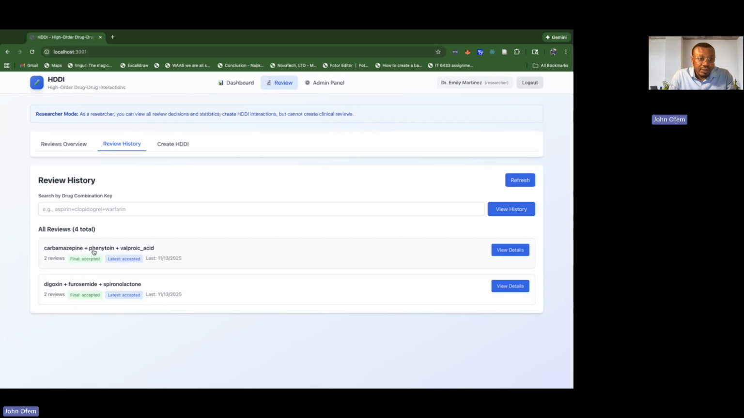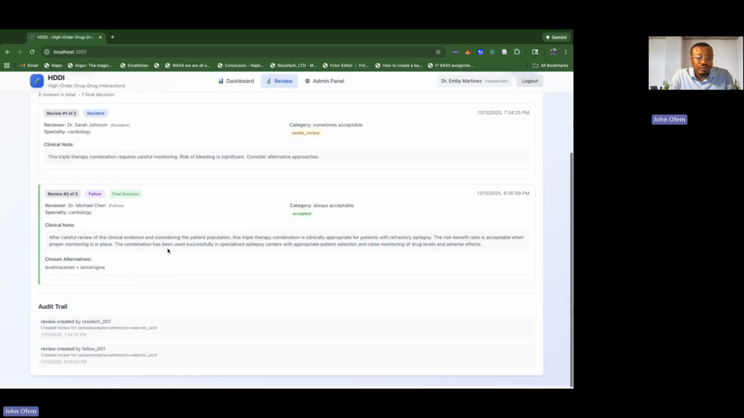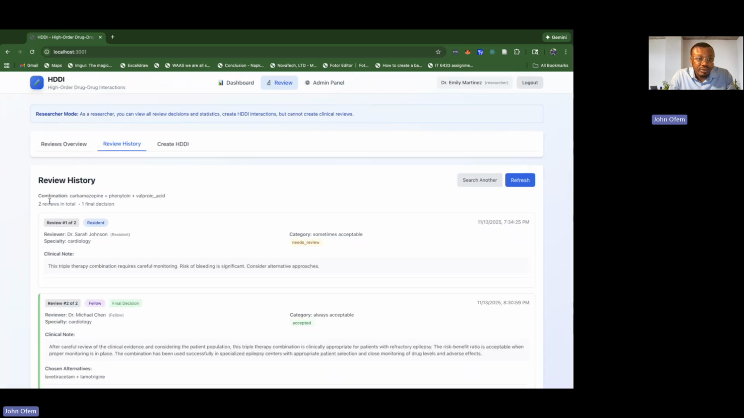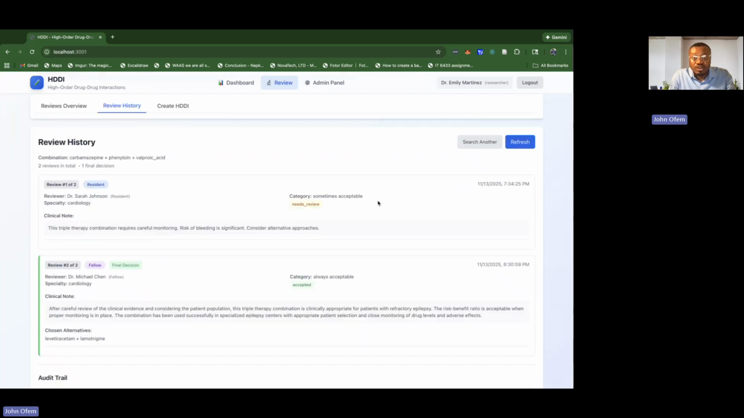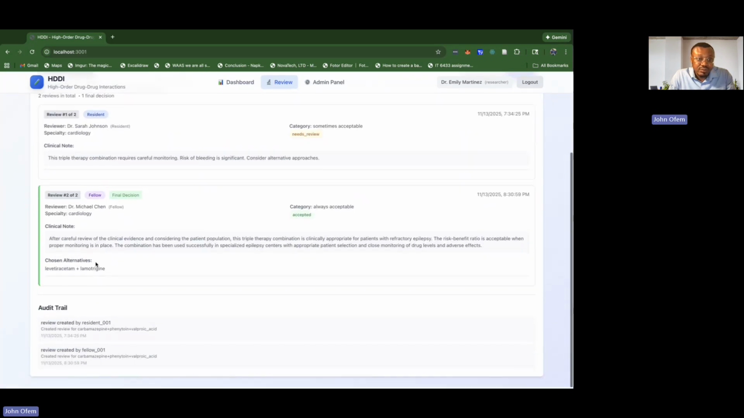When I click on this, you can see that we have the first review system here. We have this combination, which was reviewed by Dr. Sarah Johnson, who is a resident, and the category is sometimes acceptable, with the clinical notes. We have another decision here which was made by Dr. Michael Chen as a final decision with a fellow, and you can see the clinical notes as well as the